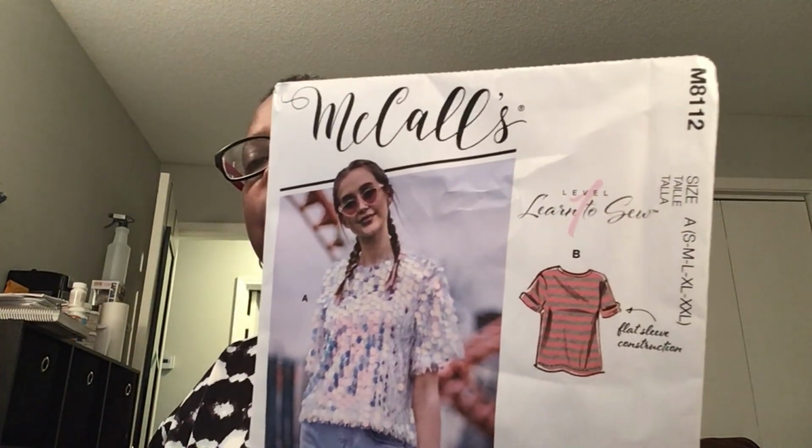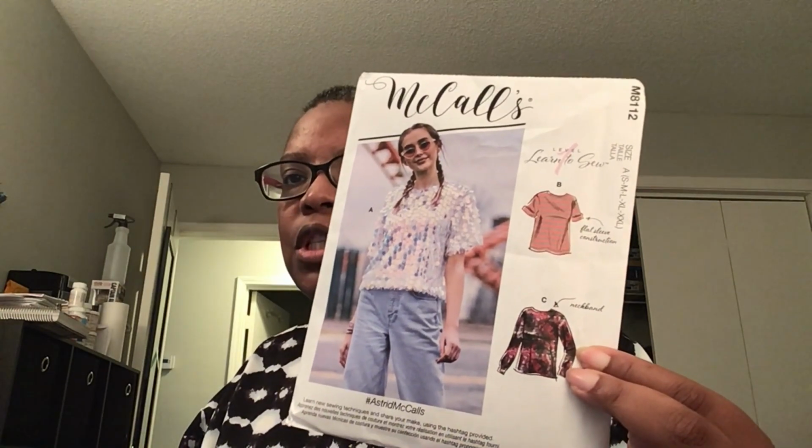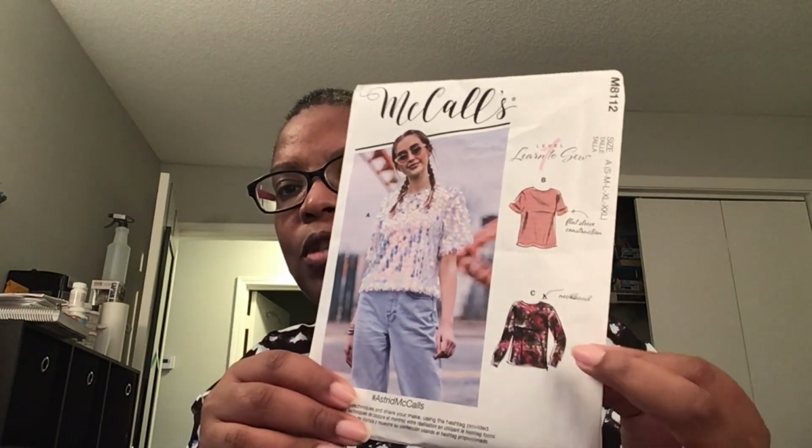So the first one is McCall's 8112, and it's a top pattern. I actually made this for Vlogmas. It wasn't a tutorial. I think I was just sewing it on camera. But I actually made the long sleeve version out of a camel print, and I really need to take pictures, and some of the stuff I made during Vlogmas, that's a whole other conversation, a whole other video. But this time I'm making the short sleeve version without the cuffs, and I'm going to also use McCall's